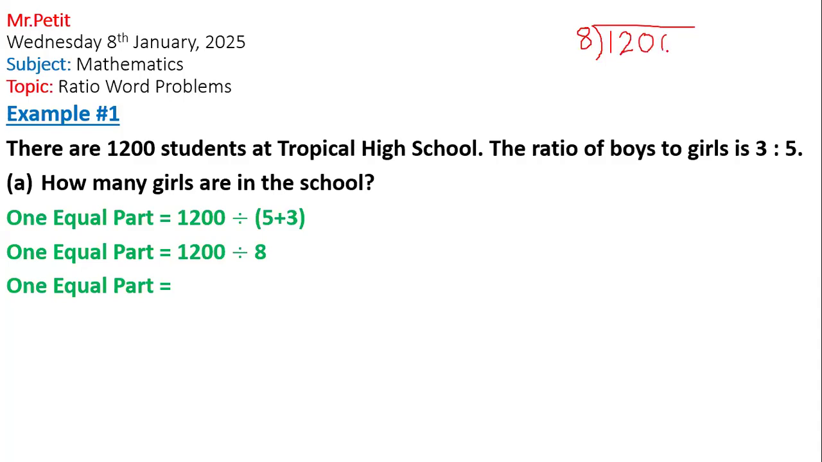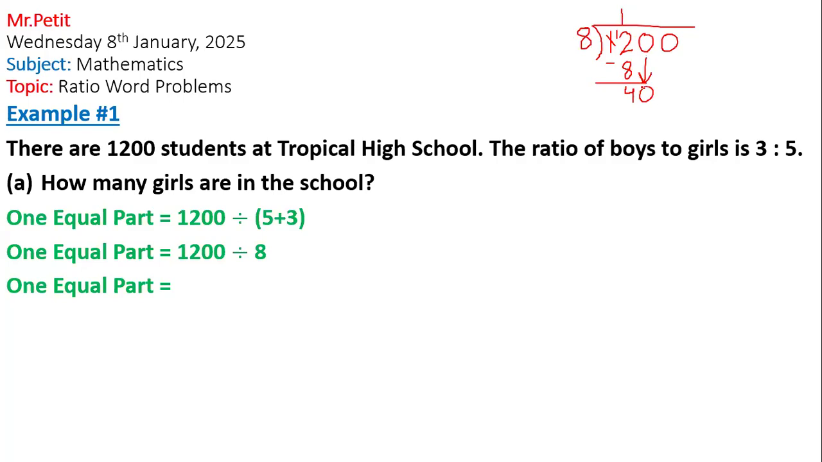And so we say, how many times does 8 go into 12? Once. 8 times 1 is 8. 12 minus 8 is what? 4. Bring down the